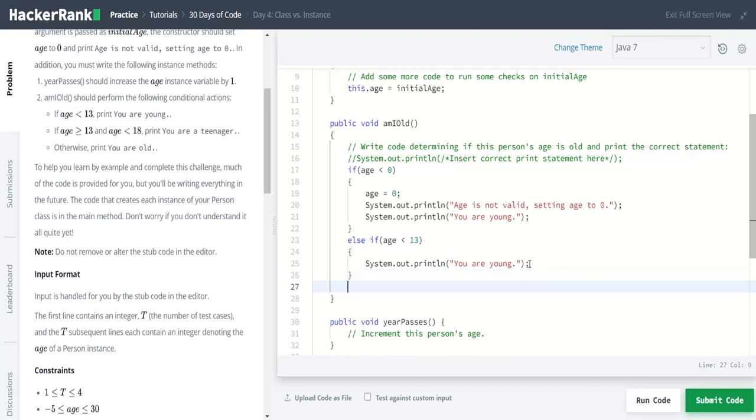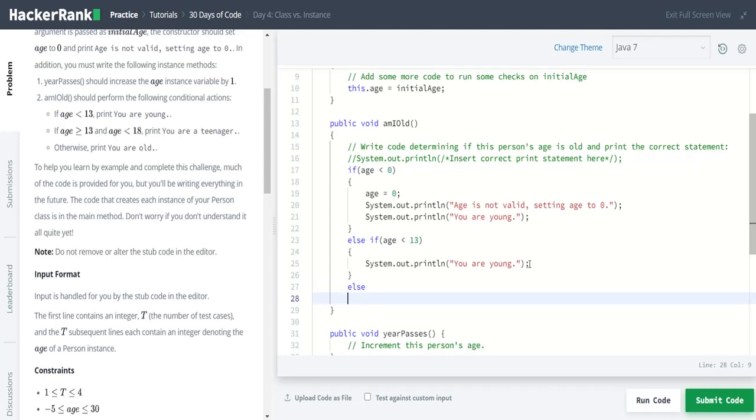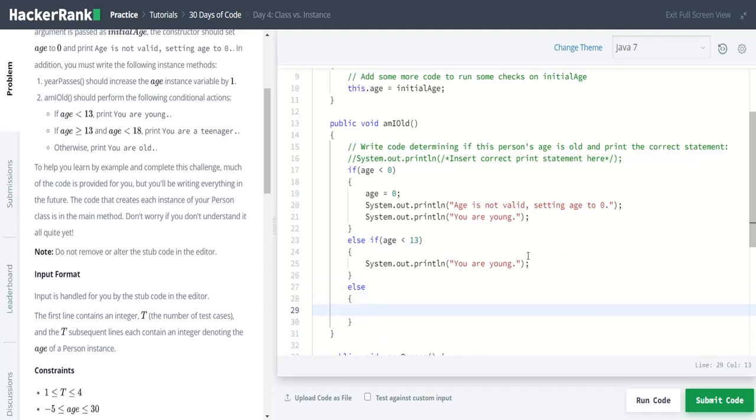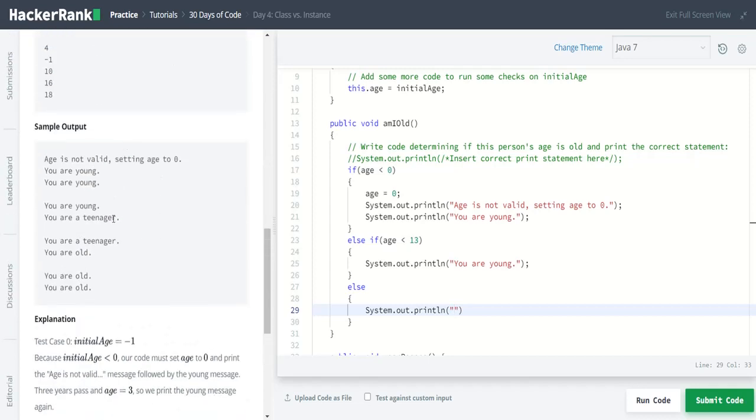And next, if this condition also gets false, then let's execute another statement, that is you are a teenager. So let's copy this one and paste it here.